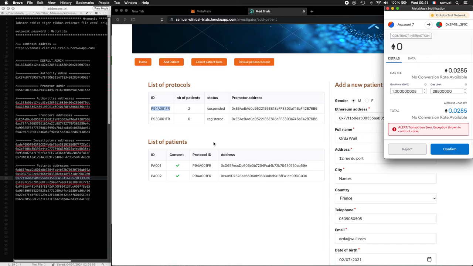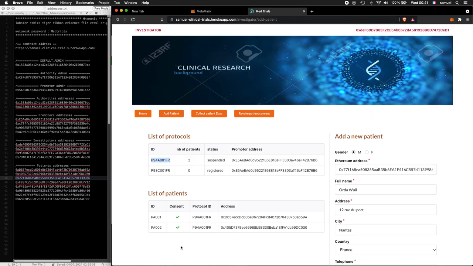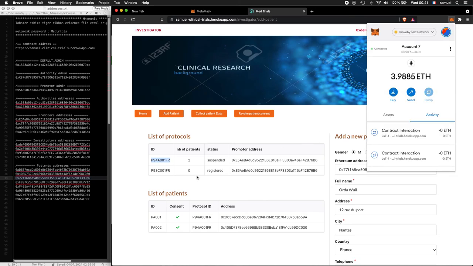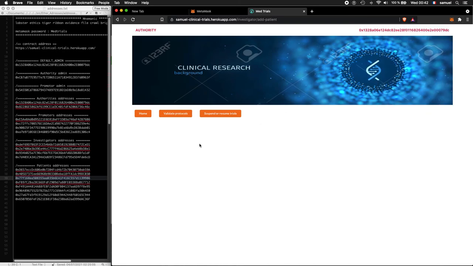So in order for this investigator to be able to add new patients to the protocol, it needs to be resumed by the authority. So just reject it, and we can resume the protocol by going to the authority page.